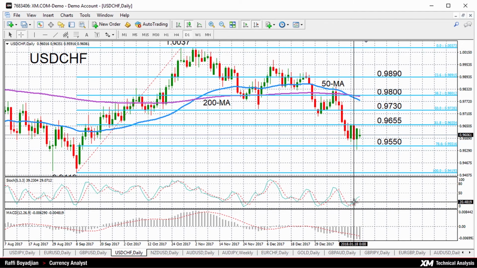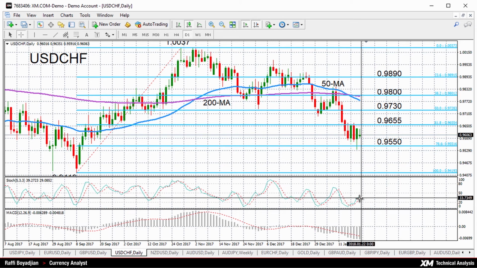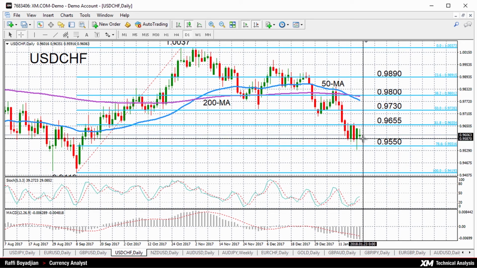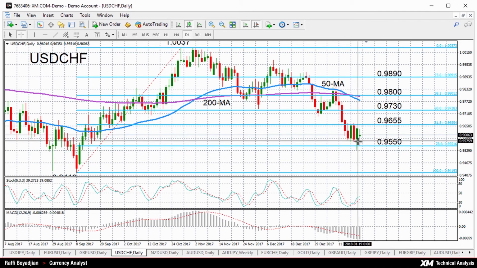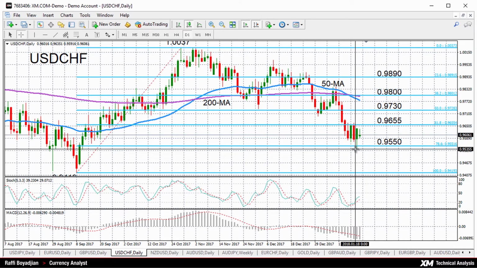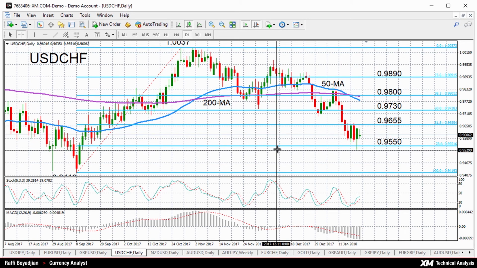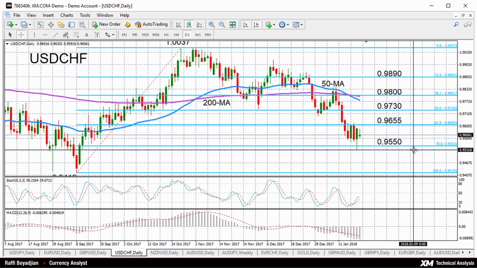We can see the percentage K line positively aligned with the percentage D line, and we can see prices did manage to recover sharply on Friday from that low, which was around 0.9530. It briefly spiked below the key support area of the 78.6% Fibonacci retracement of the up leg from